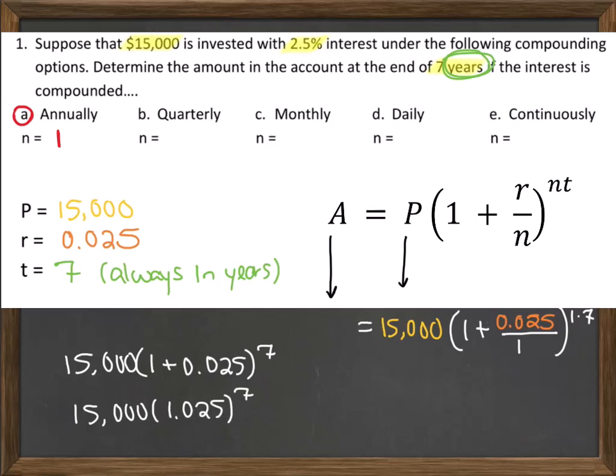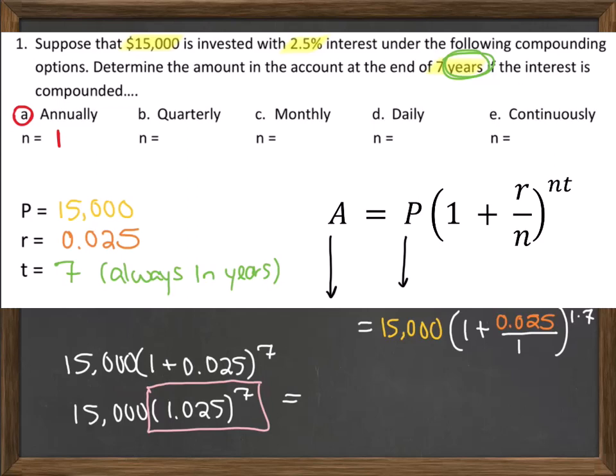So let's think about our order of operations, right? Please excuse my dear Aunt Sally. What do we have to do first? Can I multiply these two numbers first, or do I have to do exponents first? Well, I have to do my exponents first. So again, going back to those common mistakes, right? Your order of operations. So the first thing we have to do is type in 1.025 to the 7th power